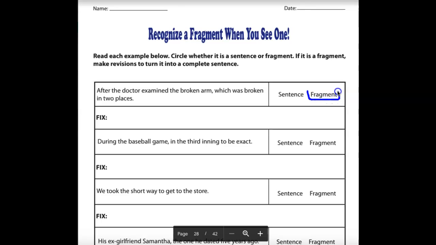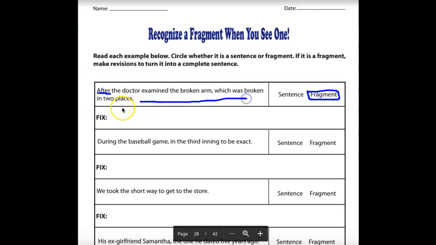This is a fragment. The reason it is, it doesn't have a complete thought. It says, after the doctor examined the broken arm, which was broken in 2 places. Well, what did the doctor do after he examined? This is a complex sentence because remember it has "after" in it. So after the doctor examined the broken arm, which was broken in 2 places, then it needs to say, what